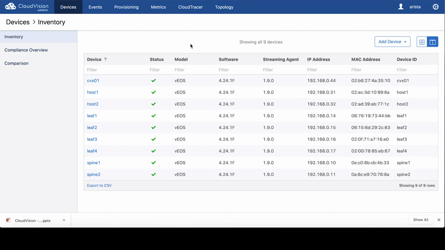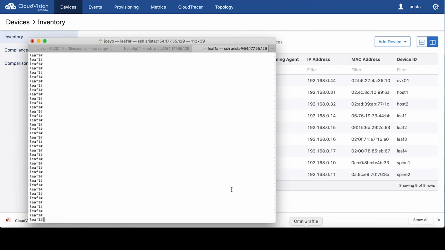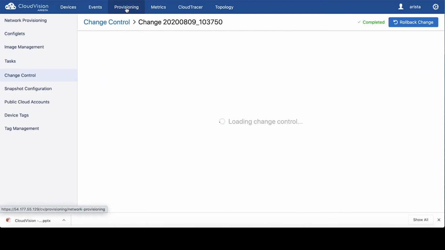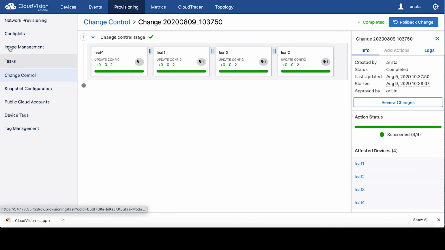What we're going to look at is change control. So we're going to be putting in configuration changes and watch the tool and how it works. I'm also on the command line for Leaf 1 just so we can bounce back and forth and take a look. What we're going to do is go to provisioning,